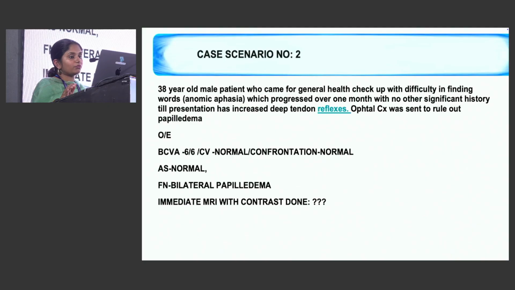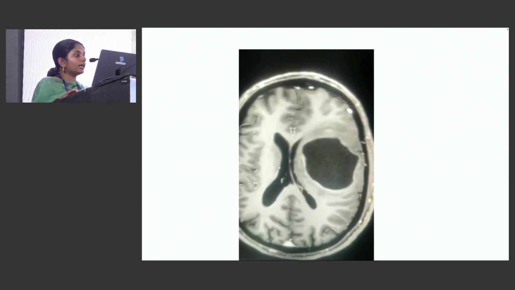anomic aphasia, which progressed over a period of 1 month. Except for increased deep tendon reflexes, nothing else was abnormal in the systemic examination. Ophthalmic consultation was sent to rule out papilledema. His vision, color vision, confrontation, anterior segment, everything was normal. And fundus showed bilateral papilledema. Immediate MRI with contrast was done, and it showed a very huge cystic lesion in the right frontoparietal region